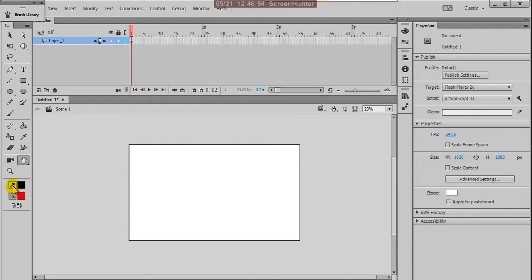And if you see here, there is a stroke color and these are fill colors. To fill color we click there, and to change the stroke, meaning the outline color, we use this. And here this is the default black and white colors. Suppose, you can swap. These are the tools.